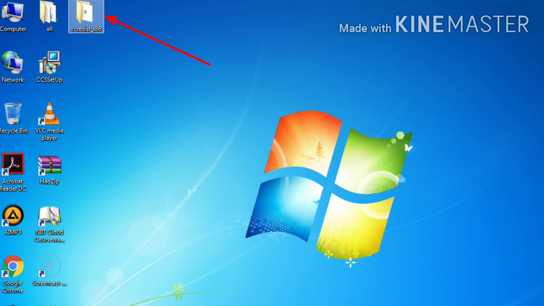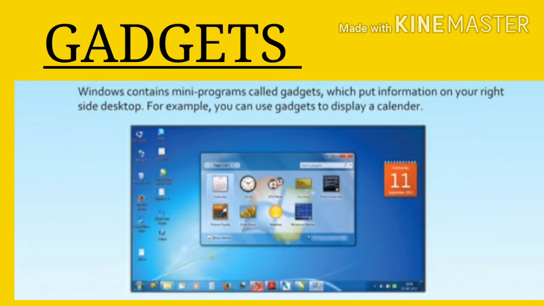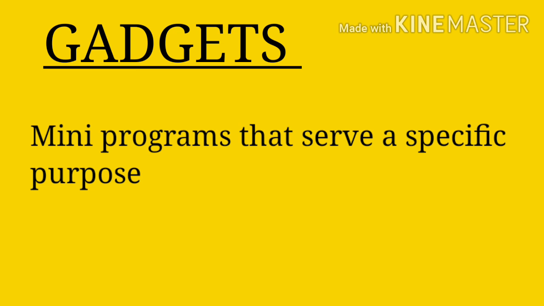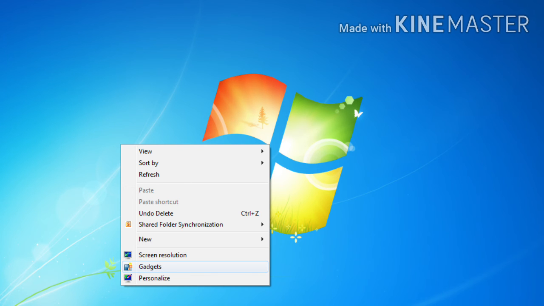And children, the next topic is gadgets. We have already learnt about it, isn't it? So what are gadgets, children? Mini programs that perform a specific function. So first, how can we select the gadgets? When you right click on the desktop background, the context menu will appear like this.